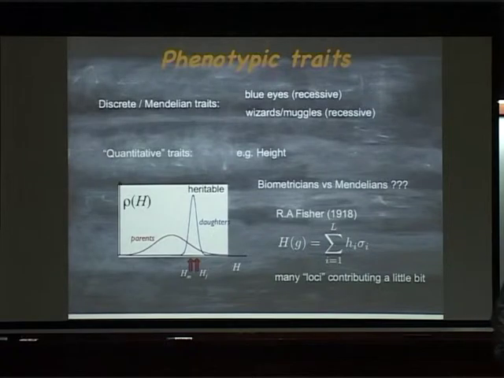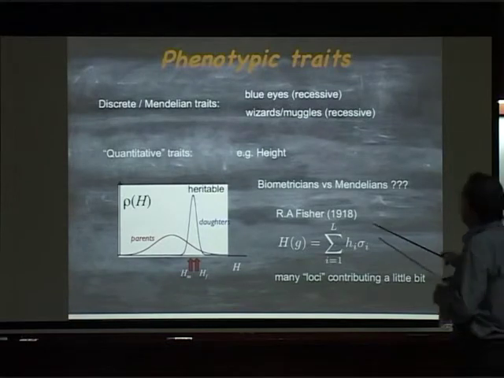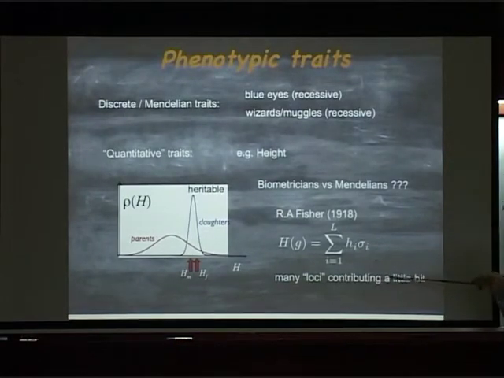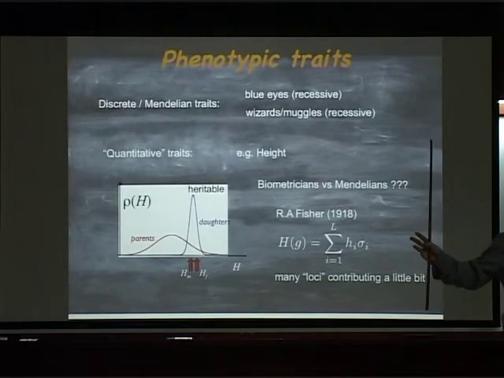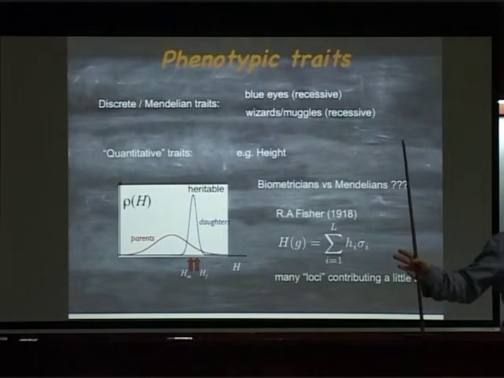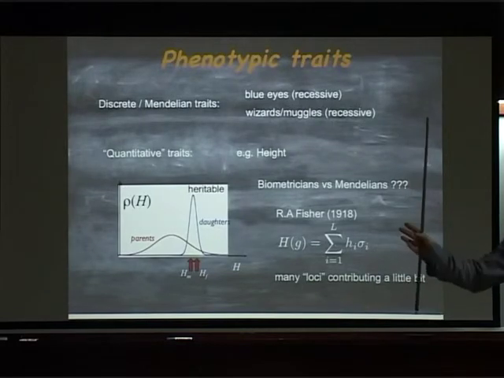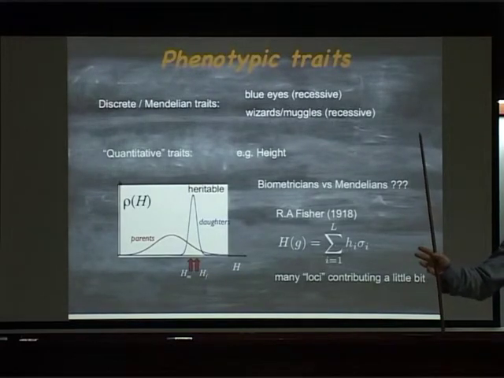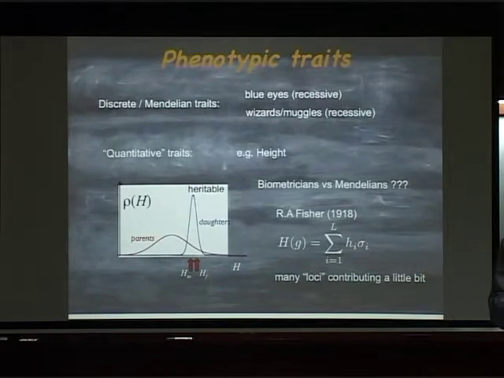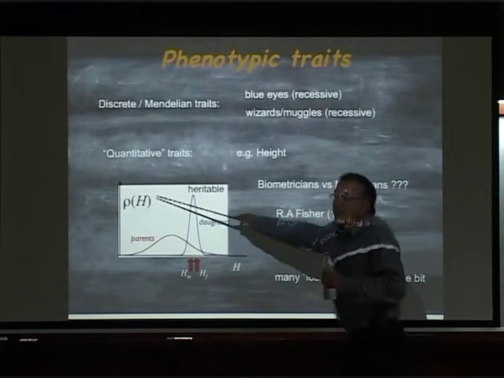And yes, please. L refers to just the number of these variable loci. And we don't really know what it is, but neither did Fisher. And we still don't know. But what we know is that there are many. So I think there are actually ways, now we have a lot more data, so you can try to put a lower bound on how many loci contribute. And I think for height, that lower bound is something like 100. H is supposed to be just the height.